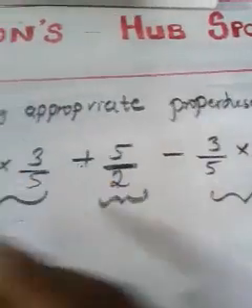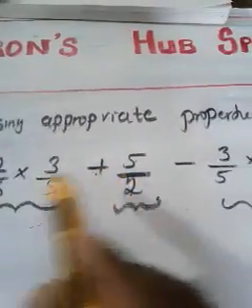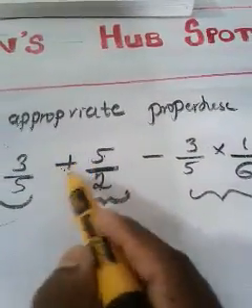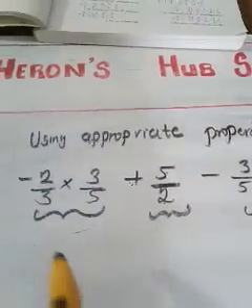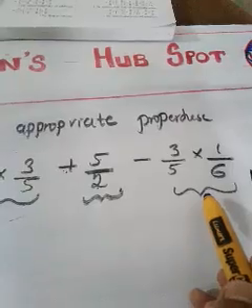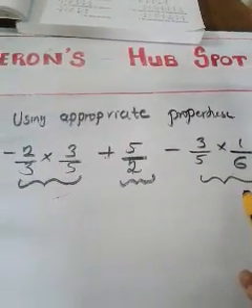1, 2, 3. Why? What is there between these 3 terms? Plus and minus are there. Plus and minus separate the terms. That means you can count the number of terms as 1, 2, 3. So how many terms came? 3 terms came overall, isn't it?